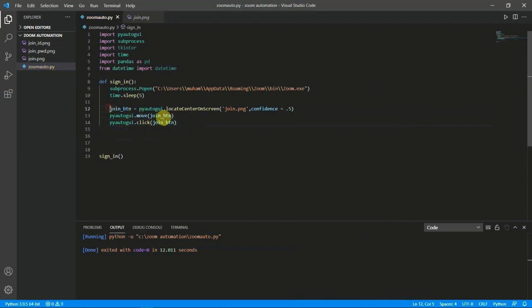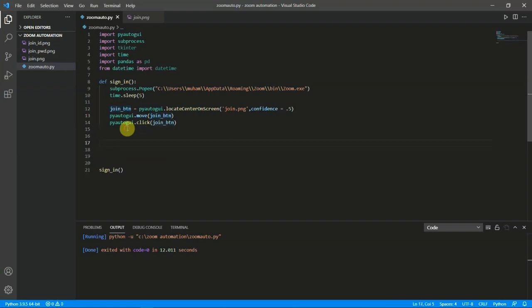So what this code does is it will search for our join button, and when it is 50% confident that this is the thing on our screen, you will get our x and y axis, and again using pyautogui you will move the cursor to the x and y axis, and then we will just click on that location.